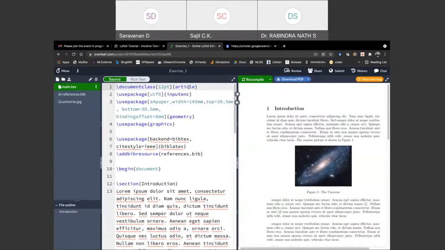Whenever you want to submit a paper to an IEEE Transactions journal, you go to that respective journal, and there is an option for downloading the template LaTeX source code for compiling the research paper.